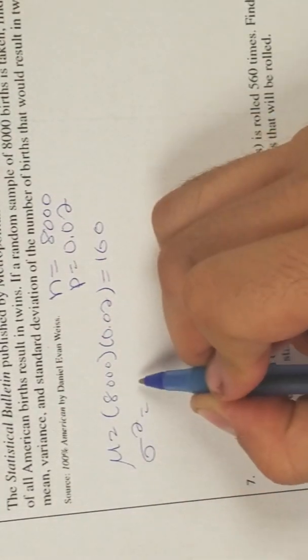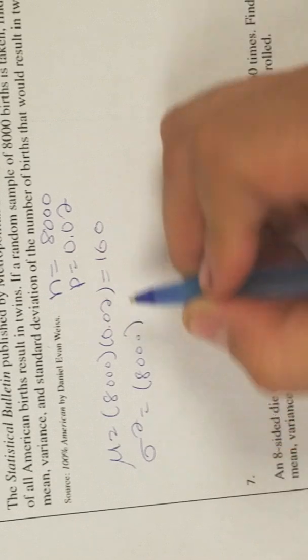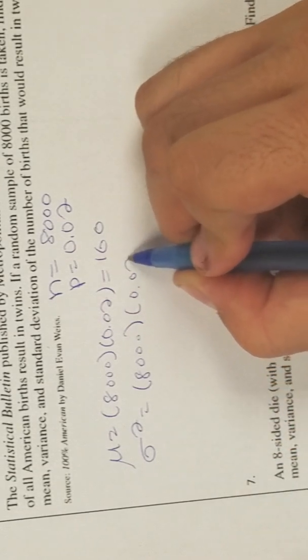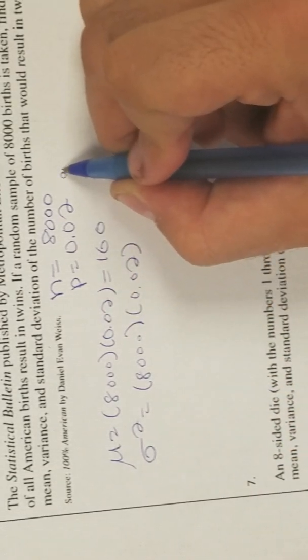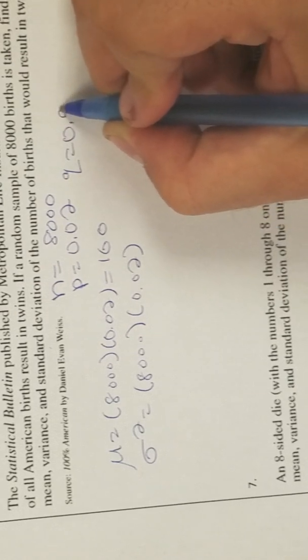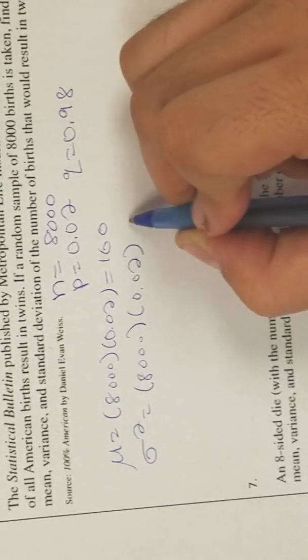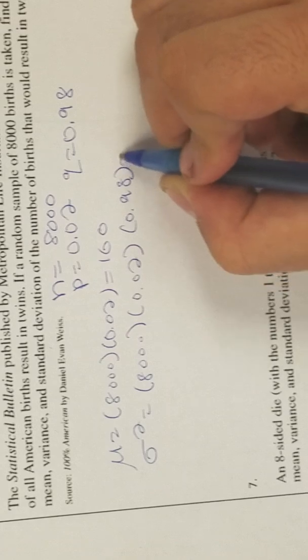Sigma squared, so we need our 8,000 births times the probability of success. So if we know success, we know failure. It has to add up to 1, so this has to be 98%. So we multiply by that, and we get